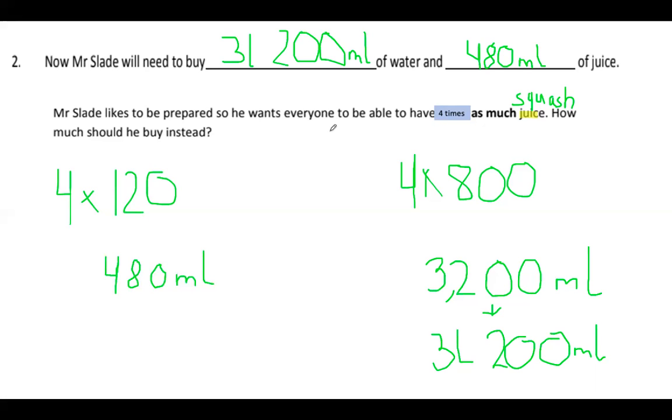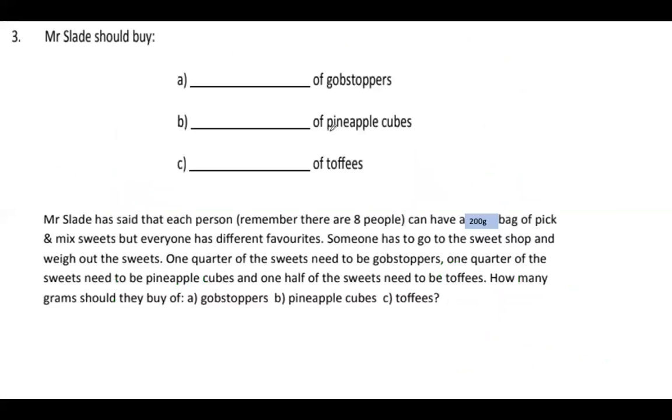All right, let's take a look at question number 3 now. I have my highlighter ready. Mr. Slade has said that each person, remember they are 8, I'm going to highlight 8 as well, can have a bag of pick and mix sweets, all right? But everyone has different favorites, okay? Someone has got to go to the sweet shop and weigh out the sweets. 1/4 of the sweets need to be gobstoppers, okay? And actually, I'm glad that I have this here so I can remind myself. This needs to be 1/4